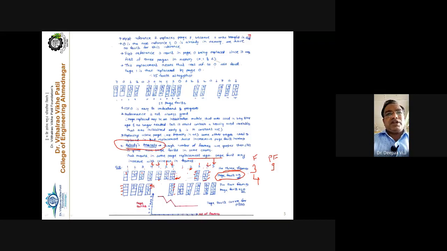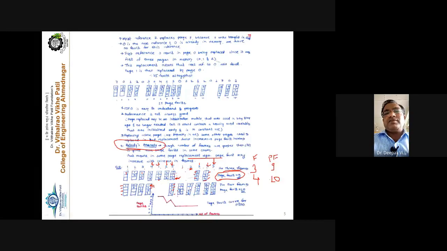Now 1. Replace 2 for 1, then it becomes 5, 1, 3, 4. For 2, replacement gives 5, 1, 2, 4. For 3, replacement is 5, 1, 2, 3. For 4, 4 is not there, so 4, 1, 2, 3. And 5 is not there, so 4, 5, 2, 3. The oldest page is being replaced by the desired page here. And see, count the number of page faults that occur in the system. These page faults are 1, 2, 3, 4, 5, 6, 7, 8, 9, and 10. So the total number of page faults is 10.